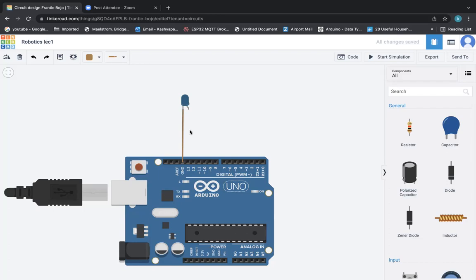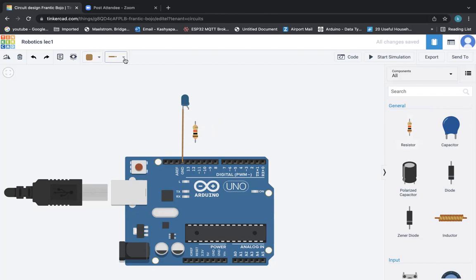So if you provide 3.3 volts, then no problem. But I'm going to give power to this LED from the 13th pin, pin number 13. This pin number 13 gives 5 volts, and the LED might burn if I provide 5 volts, because there will be bigger current. So therefore, I'm using this resistor. I'm going to drag and drop the resistor here in order for me to control the current, right?